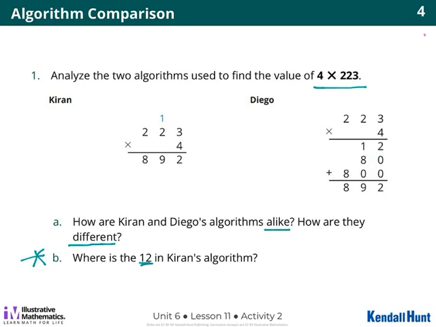Here's what I want to know. Question B. Where is the 12 in Kieran's diagram? I see the 12 right here in Diego's, but I do not see it in Kieran's. Vivian and Madeline, pay attention. Riker, where's the 12? The blue one is the 10 and the 2 in the answer and the 1 that's